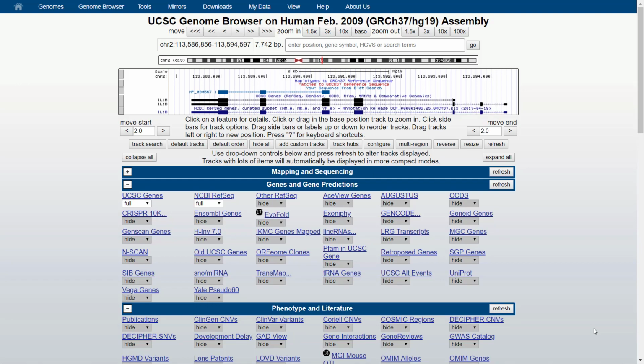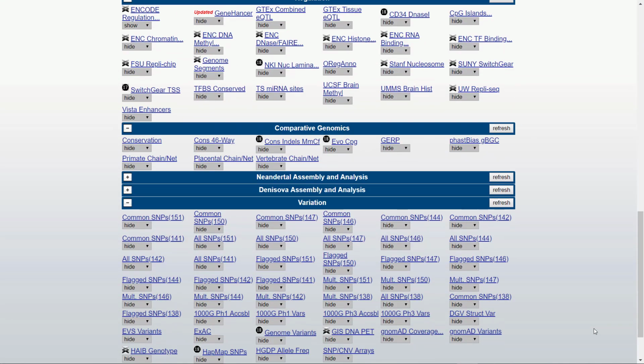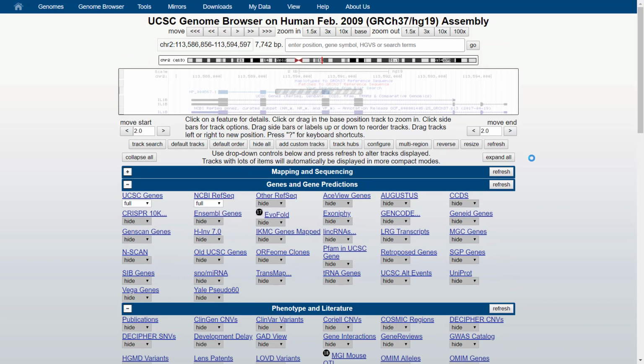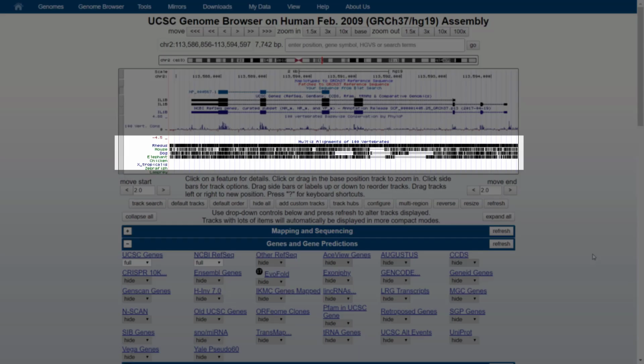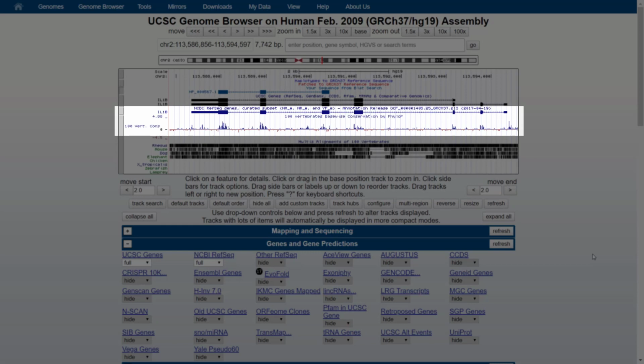Open the conservation track under Comparative Genomics. Evolutionary conservation between different genomes serves as an important tool for defining functional areas in the genome such as exons or control areas. This track shows multiple sequence alignment of 30 vertebrate species and measurements of evolutionary conservation. Areas with faster evolution than expected, for example under neutral drift, will be marked with negative brown peaks, whereas conserved areas with slower than expected evolution will be marked with positive blue peaks.